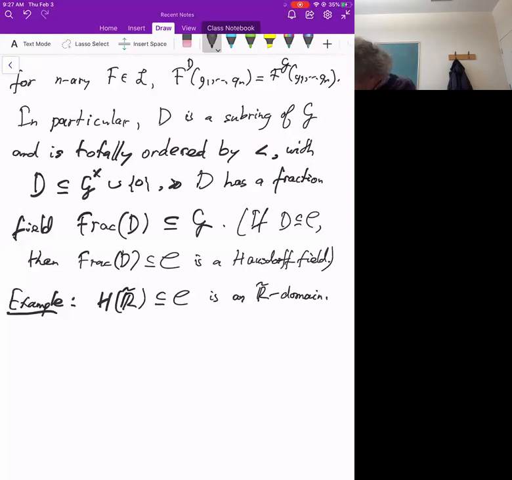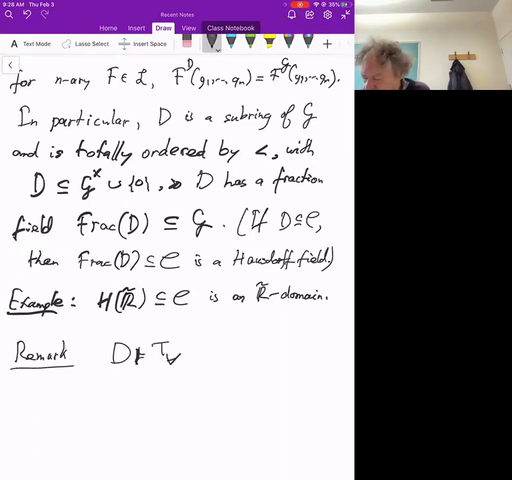One remark I can already make here is, okay, this is more a remark. Strictly speaking, we are not going to use it, but it's still useful to note that D, when you view it as an L structure, may not be, of course, a model of T,